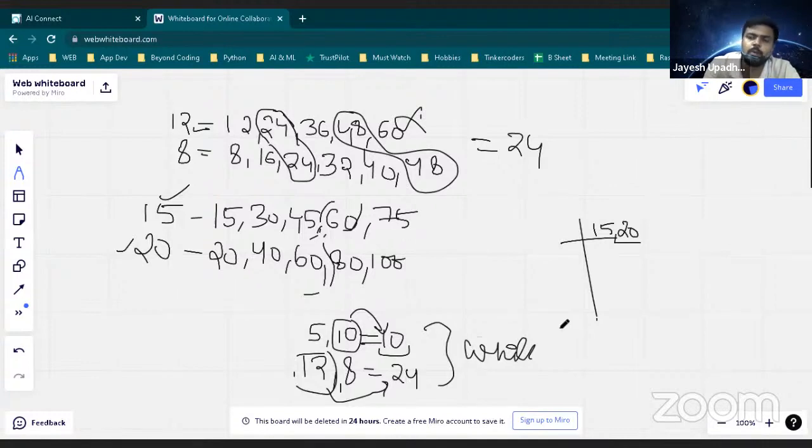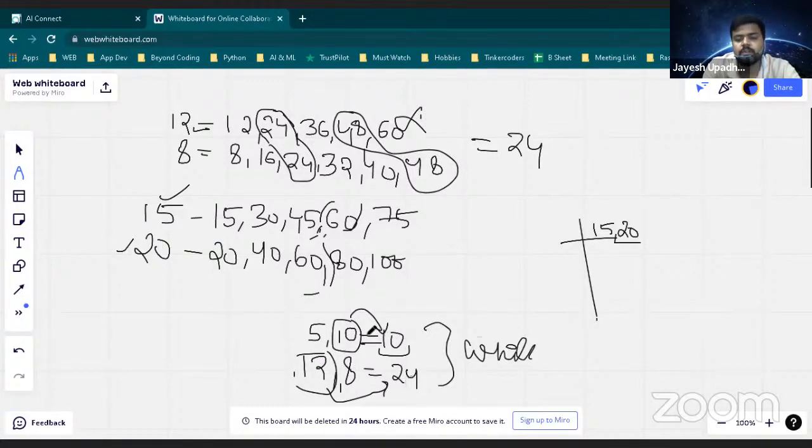Suppose you don't know any program. Okay, what you will do, just see what answer you are getting, how that answer come, and then try to take out some conclusion from that. So I have taken out two conclusion. Let me repeat again. First conclusion is number which I will get is always greater than or equal to the second number. First conclusion. Second conclusion is both the number will be perfectly divisible by my answer.